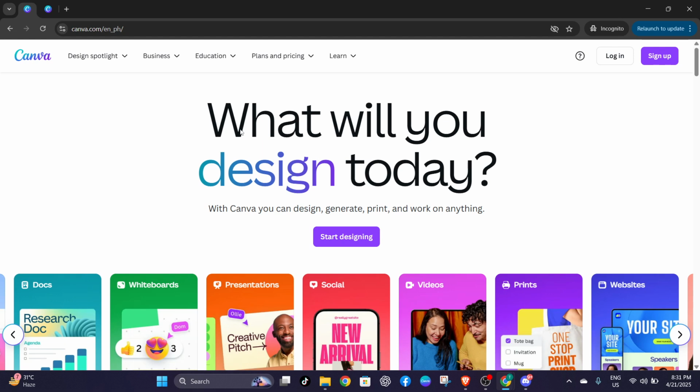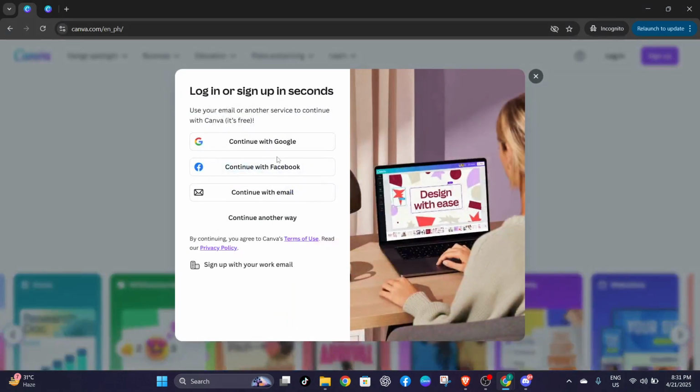To start, head over to canva.com. If you haven't already signed up, you can easily register using your Google or Facebook account or by entering your email address. If you're already registered, simply click the login button located in the upper right corner of the homepage. Once you've logged in, you'll find yourself in the Canva dashboard, which is your central command center for creating and